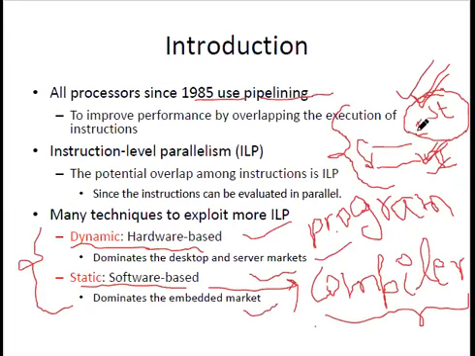As we saw in this example, there is a first instruction and a second instruction. The second instruction is dependent upon the value of the variable provided by the first instruction. So this is a dependency. This dependency will cause the stalling of the second instruction, and this stalling of the second instruction is considered a hazard in the pipelining system.